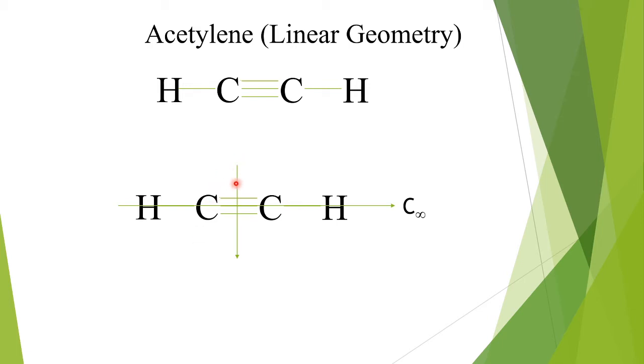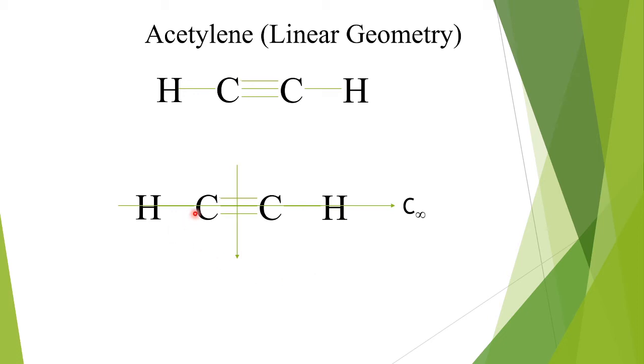And just see how many such axes are possible. Now I have drawn one axis which lies on the plane of the screen. I can draw another axis which is perpendicular to the plane of the screen. Okay, that is, it will be like this from here towards back. That also will give how many similar appearances? It will rotate like this, in a clockwise manner. So it will give two similar appearances.